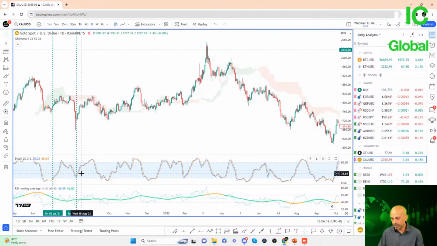So during this period here, going long here in August of 2021 and exiting around early September of 2021 would have netted us a profitable long trade on the bullish reversal here, right? And then, as I mentioned, the Ichimoku cloud can function as resistance as well.